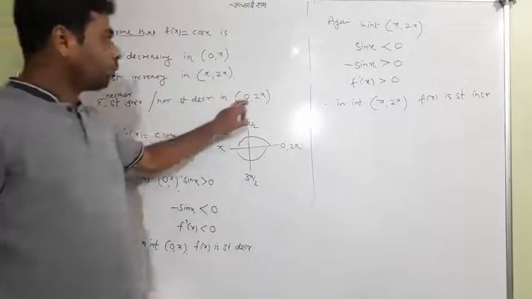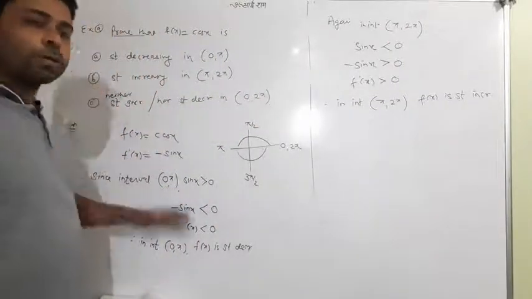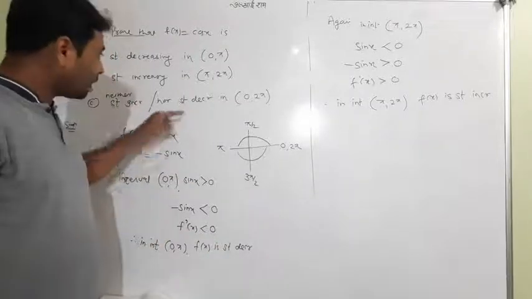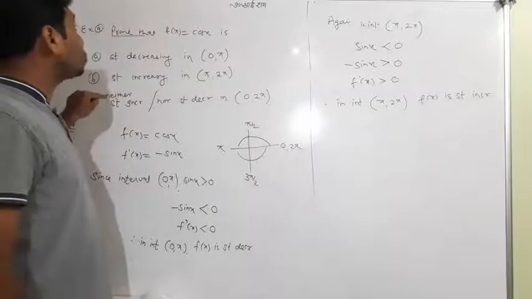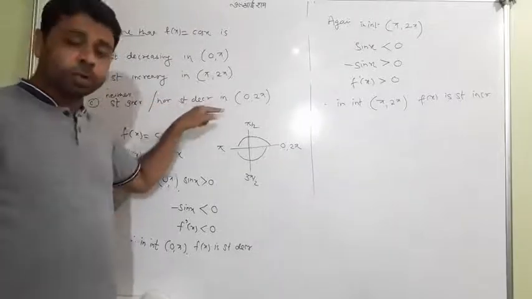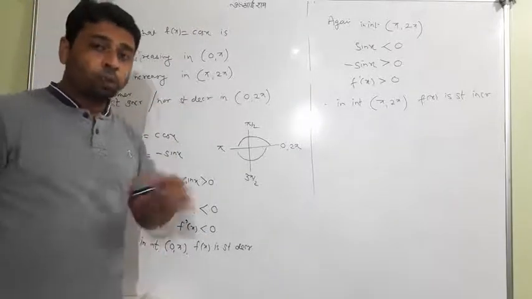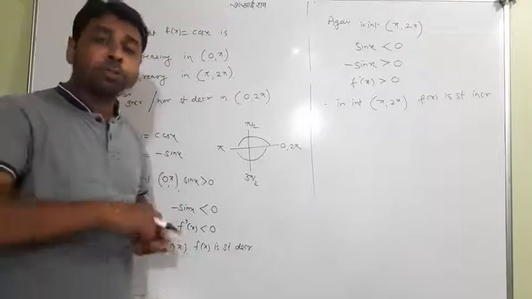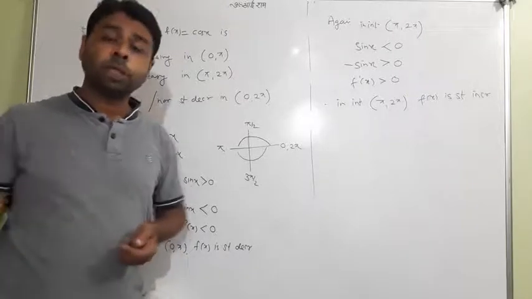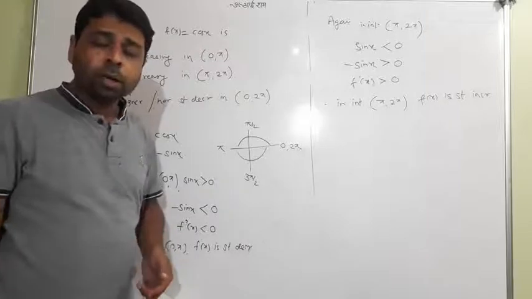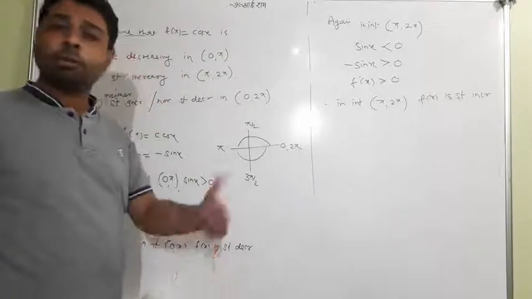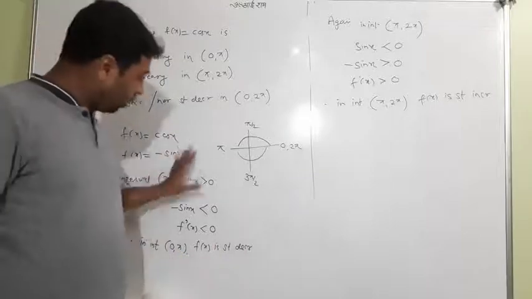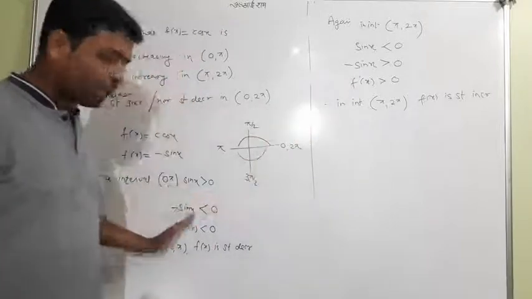Now this is 0 to 2 pi, that's very simple now, because I have taught you that from 0 to 2 pi we have to show the function is neither strictly increasing nor strictly decreasing. I told you that in some subinterval it should be strictly increasing, in some other subinterval it should be strictly decreasing. So in the whole interval it will be neither strictly increasing nor strictly decreasing. So with these two ideas we can prove it.